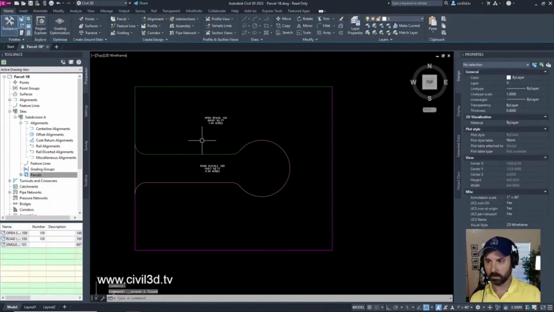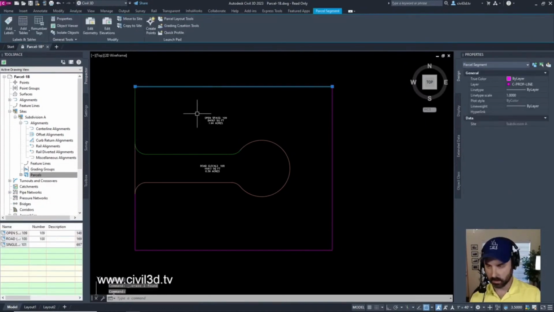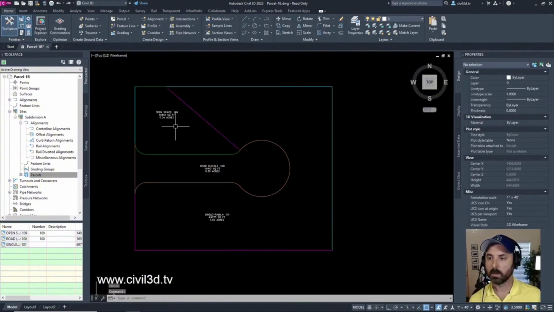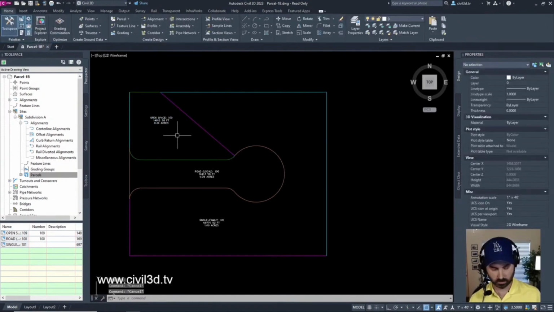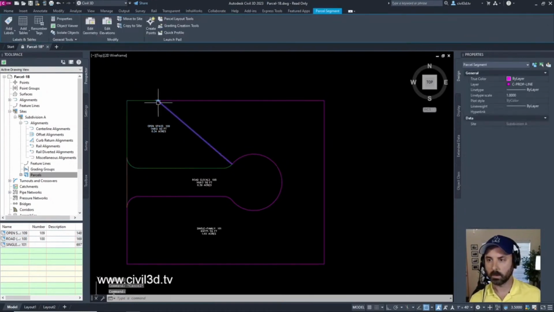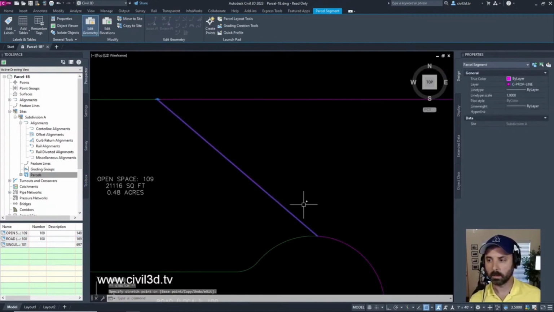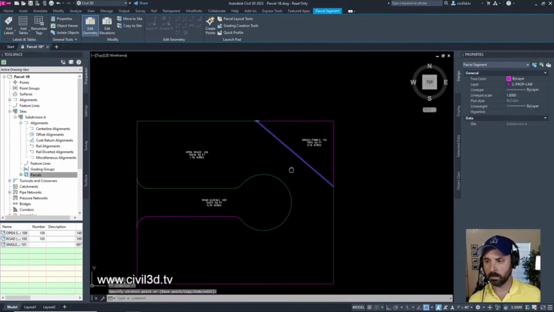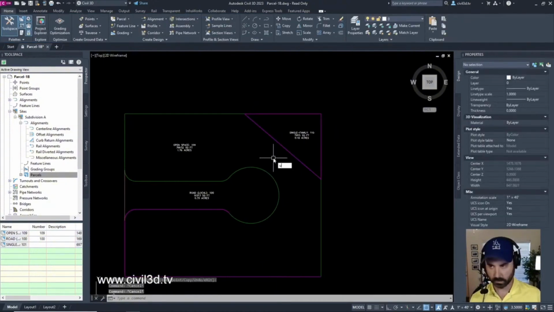What about just delete that? Delete that. No, don't want to do that. You can adjust the geometry. That's okay, but that isn't very ideal. Undo that.